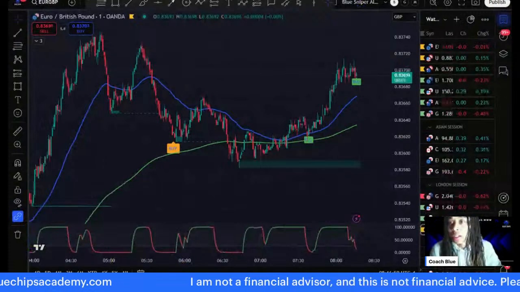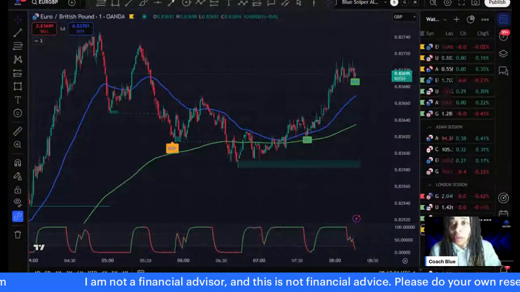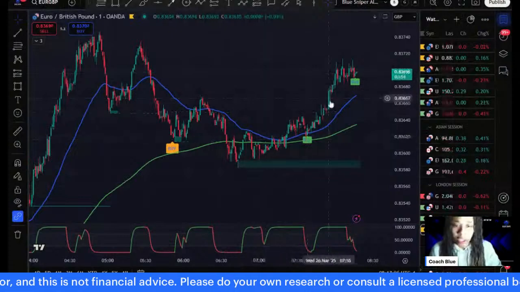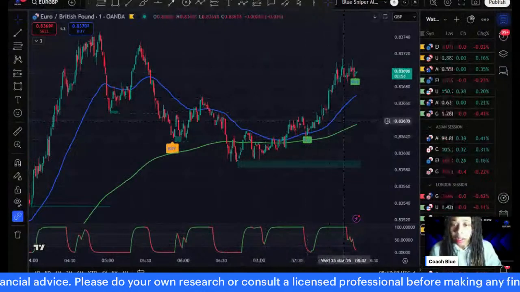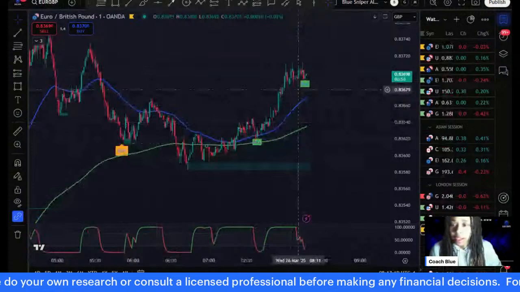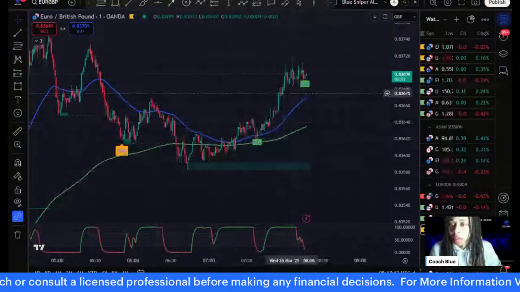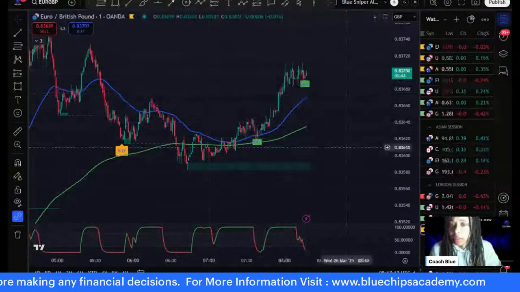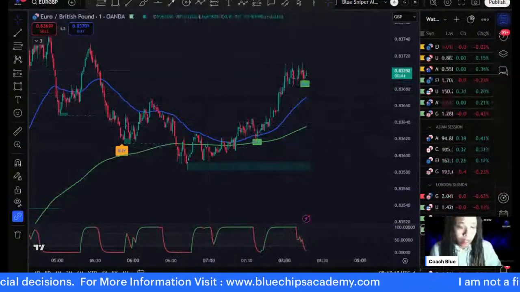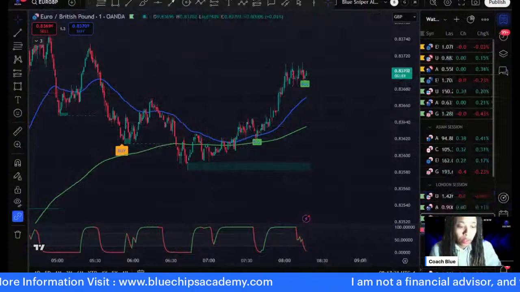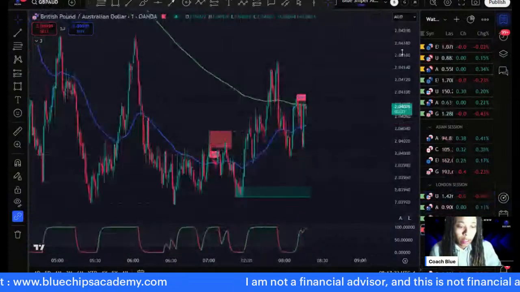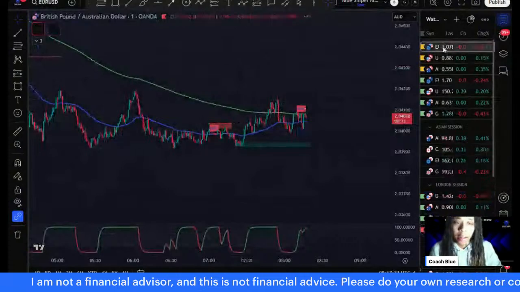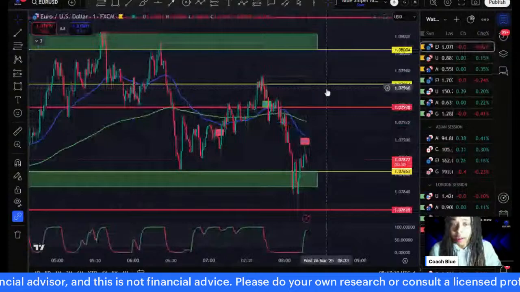All right, so basically what we're doing is we're going back here and let's look at Euro GBP. So Euro GBP was moving sideways. It's coming out now. Okay, it's coming out to the upside now. So I'm not going to mark that as a range because it's not moving sideways anymore. Okay, and I'm going to move this one down because GBP AUD is just choppy right now. It does not look good. All right, so we went through all of the pairs. So our ranging pairs are Euro USD,